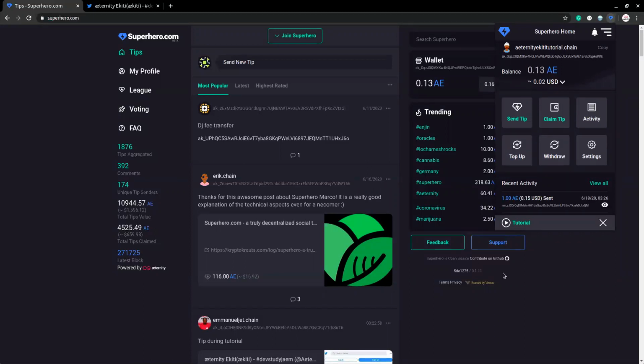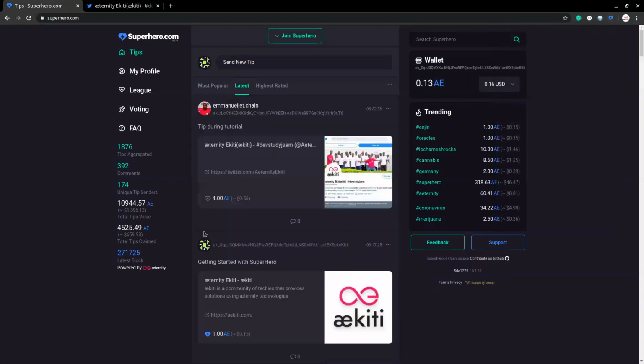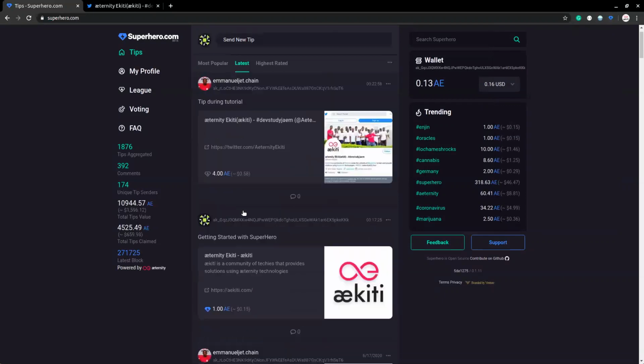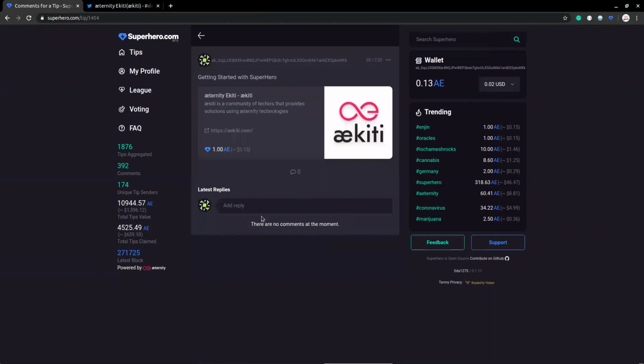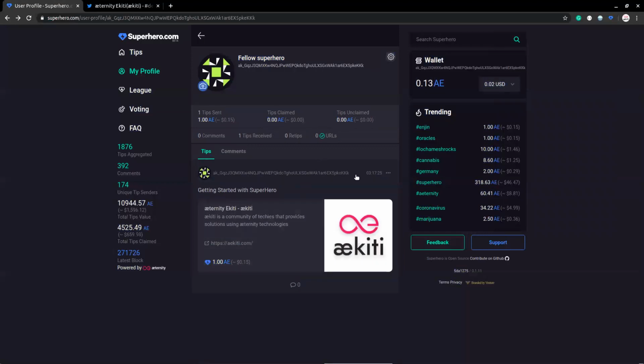Now that we've seen how to do some amazing stuff on SuperHero, and how the SuperHero website keeps track of all the activities done on SuperHero, I'm sure we can now create a wallet successfully. If you check through here, you would see 1 tip sent and 1 tip received. This was the one we sent, and you can actually retip a comment using this section. No, that's for the comment section. If you want to retip, sorry, that should be